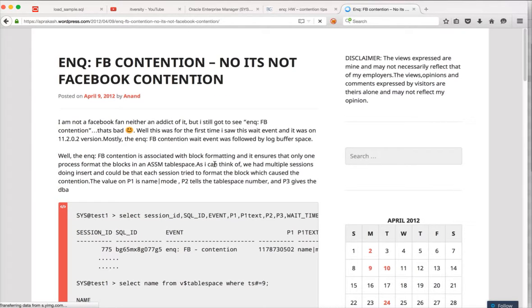Yeah, this is also related to the extension of the table's storage to accommodate this new data. Okay,